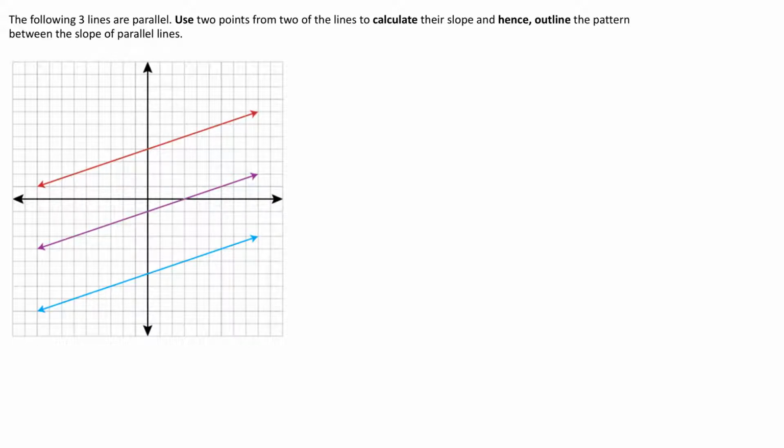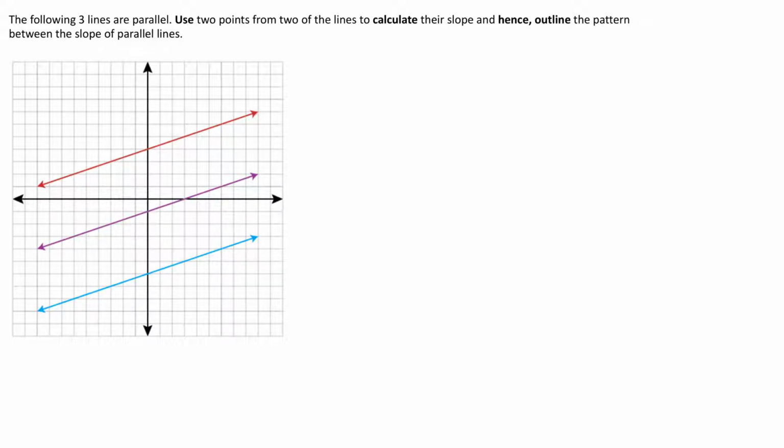So reading the question carefully, it says use 2 points from two of the lines, so we don't have to do it for all of the three lines. And to calculate the slope, so when we say calculate, we have to show all the steps. And then it says hence, so then we have to use the answer we got to give an idea about the pattern between the slopes. So let's start that. I'm going to use the red line and I'm going to use the purple line for this purpose,